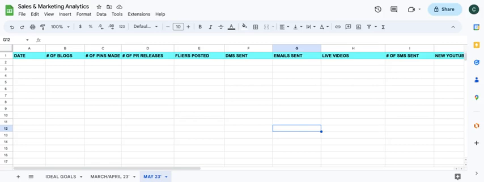Which one is working, which one is not working, what should we put more energy into, what should we put less energy into? This helps you make stronger, faster decisions in your business, which helps you generate income 10 times faster, using social media or other marketing platforms outside of the online space.